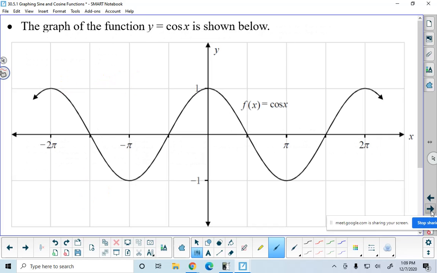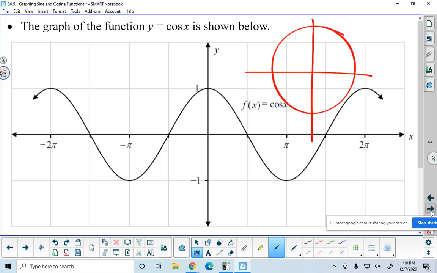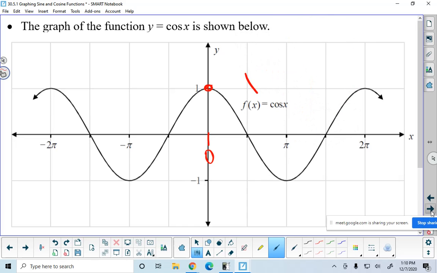All right, now let's talk about the graph of y equals cosine x. I don't want to spend a lot of time doing this, but if I were to draw the unit circle, remember cosine is the x coordinate on the unit circle, so when we have no rotation angle, the x coordinate on the unit circle is 1, which means that when the angle is 0, the cosine is 1. And what we discover, and you could make a table of values if you like as well, is that as the rotation angle gets larger,